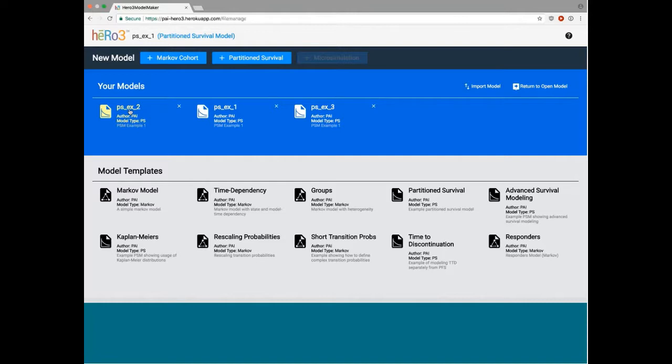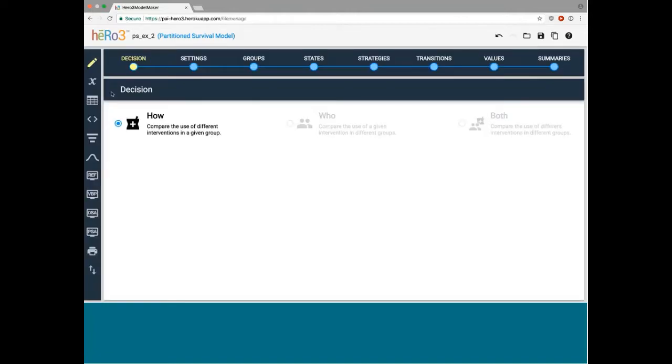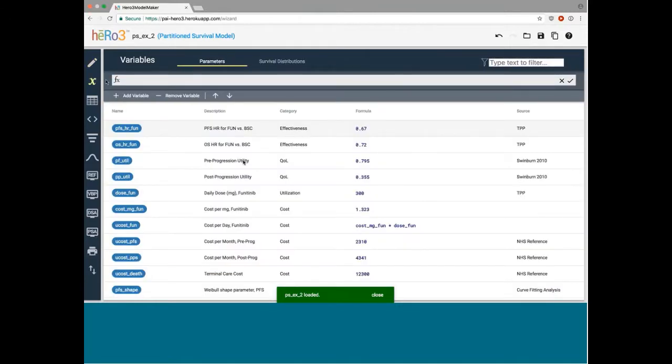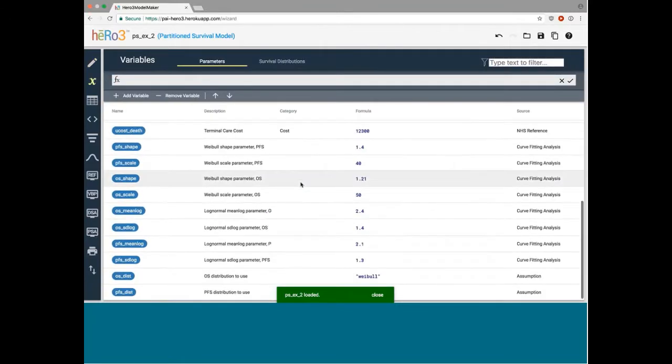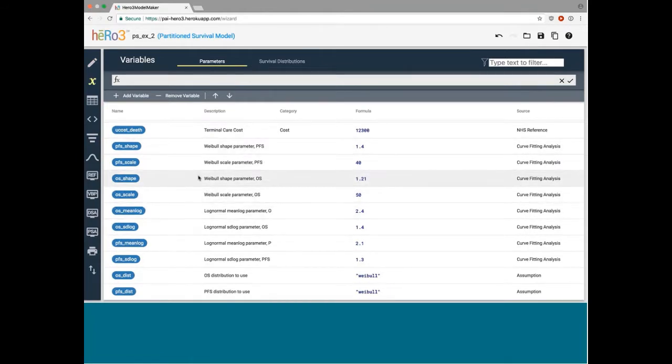I'm just going to open up version 2 of this model, skipping ahead. Though note this would only take about 5 to 10 minutes to set up. And so what we're going to do here is on the variables page, we have parameters for PFS and OS for our parametric distributions that we've estimated.